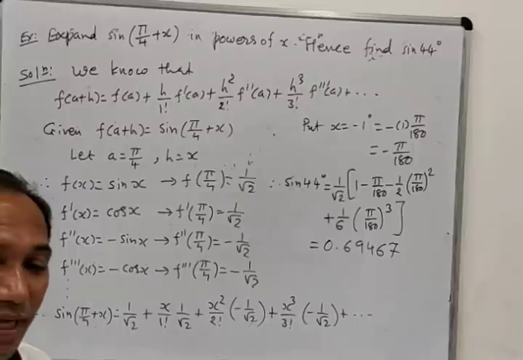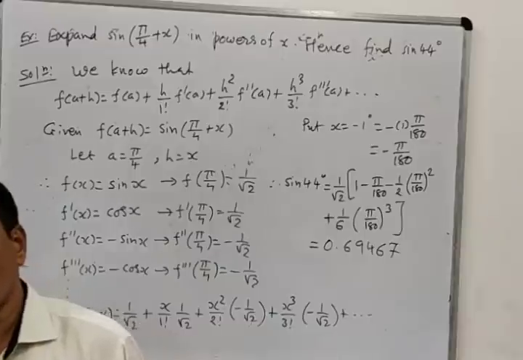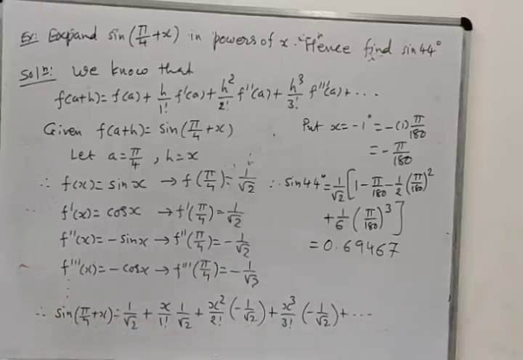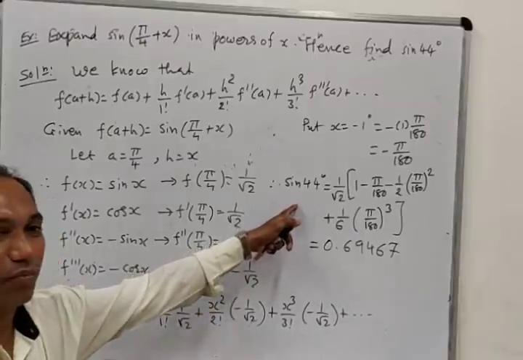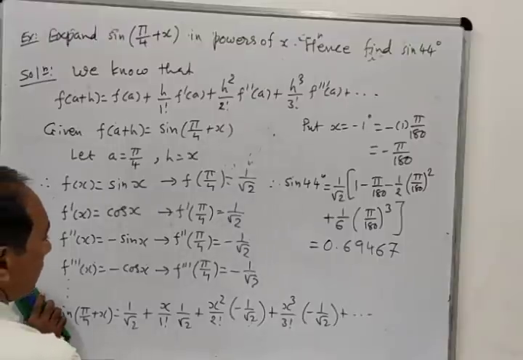And also remember that when you use your calci to find sine 44 degree, you will have to put your calci in degree mode, because there are 3 modes in your calci: degree, radian and gradient. When you press the mode button on the top of the calci and then press continue, you will find degree, radian or gradient. You can put this into degree mode to find sine 44 degree. And if you want to find it in radian mode, then you can put this into radian. So be careful in this problem.